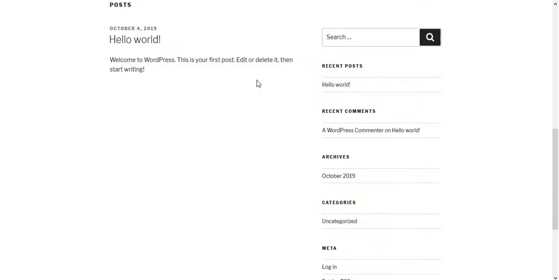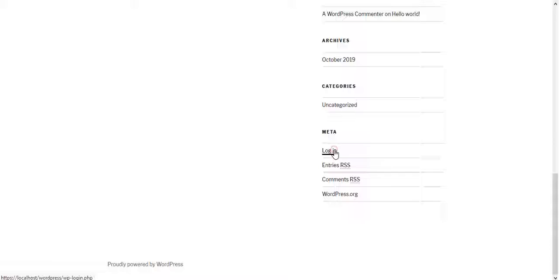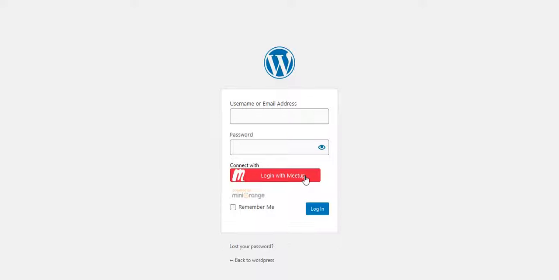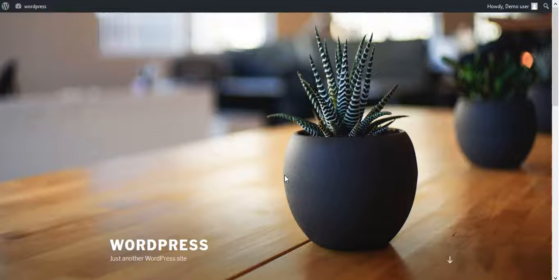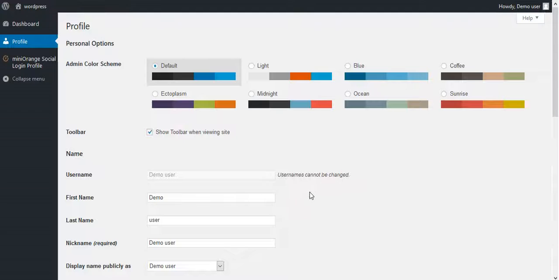Open a new tab, go to the login page. On the login form, click on the Meetup icon. You will get successfully logged into the website. This will create a new account using Meetup